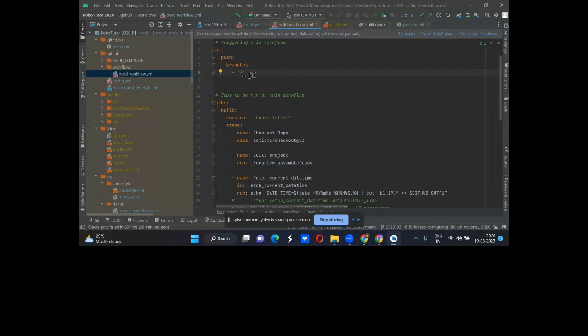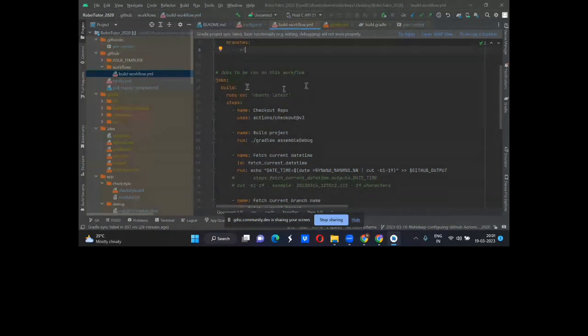Next, let us look at jobs that this workflow triggers. So we write jobs. This is a very simple syntax. You can essentially learn it in a day. And so we will build, right? Since we are working with Gradle files and we're developing Android apps, we have to